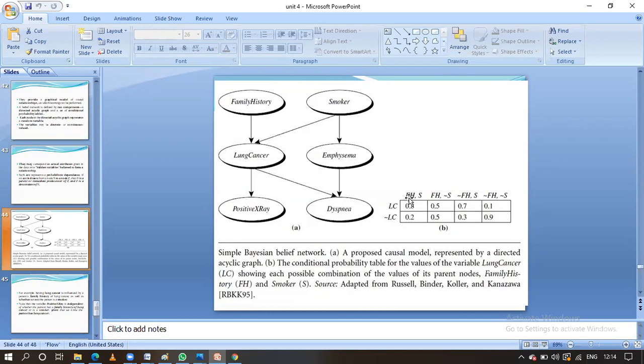Whenever the family history has the lung related problem as well as smoking habit, there is a higher chance for lung cancer, but రాకపోవడానికి ప్రాబ్లం వచ్చేప్పటికి 0.2. If you observe here, guys, okay, in this column the overall value will be 1, guys. Here also the overall value will be 1. Here also the overall value will be 1.